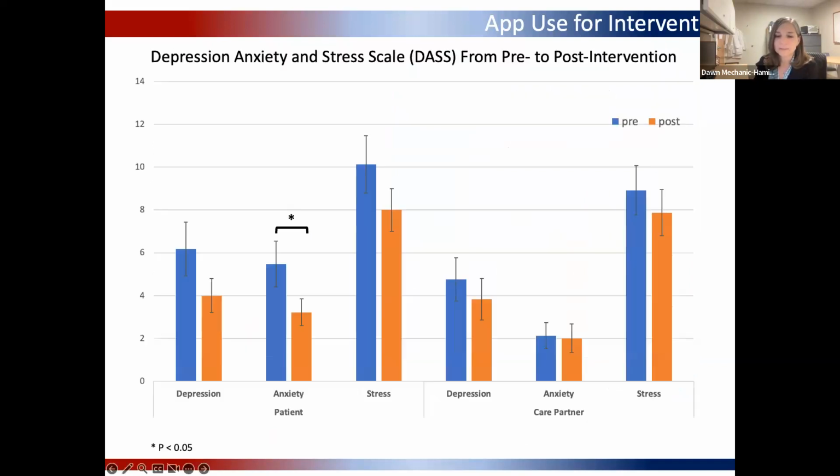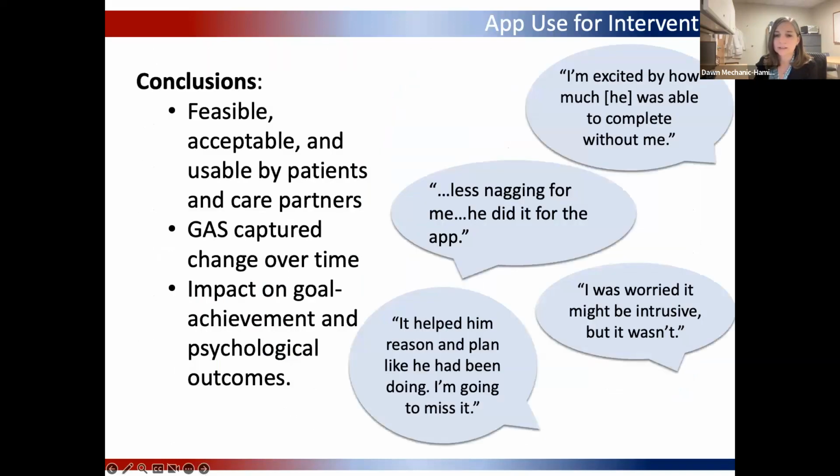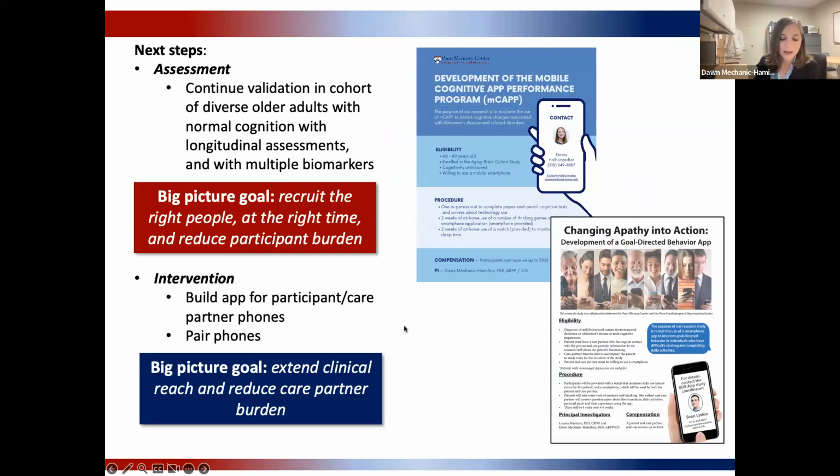And so I know we're way over time, so I'll just go to the very end and note that for the 2 apps, the first one, we're continuing validation in the cohort. We have a pretty diverse older adult cohort that we're collecting this data in, diverse in terms of racial diversity, not necessarily in terms of socioeconomic and educational diversity. So that's an area that I think is necessary to attend to and to look to in the future to improve upon.